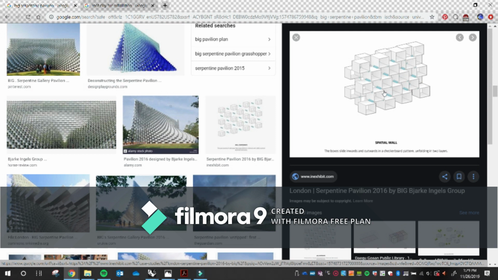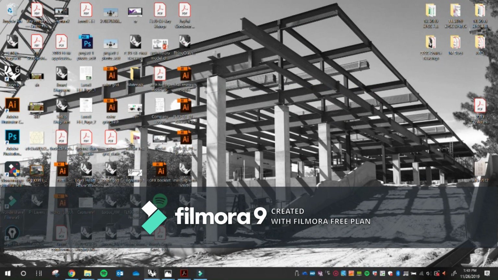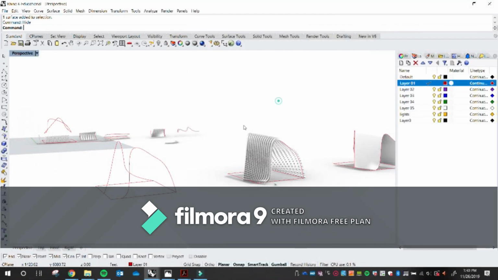So that's the two levels of design that we're working with. You should now have at least three designs for modules. Now we're turning the module into a larger form, which you just started with the program of the space. Now I'm going to show you a few tools in Rhino,